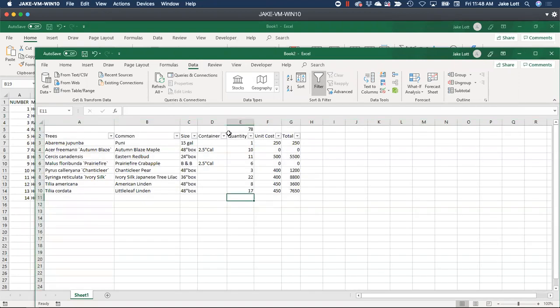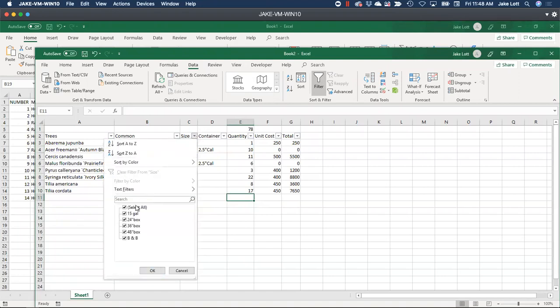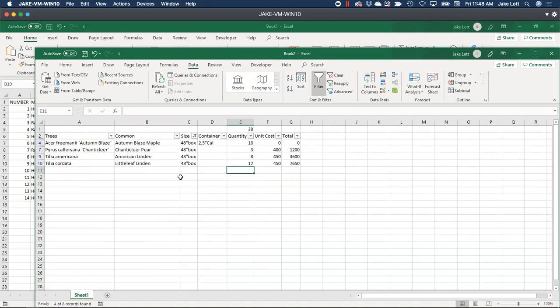Now if I wanted to filter just for my 48-inch box, it's going to slim this down, and my subtotal is going to change dynamically to what it sees.